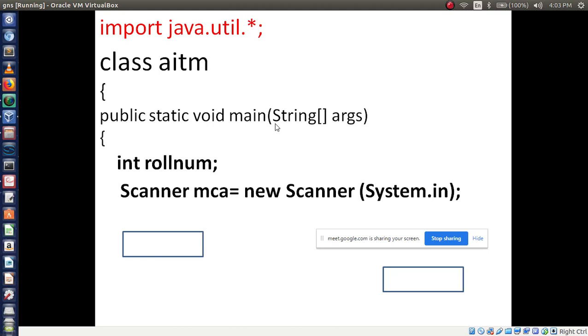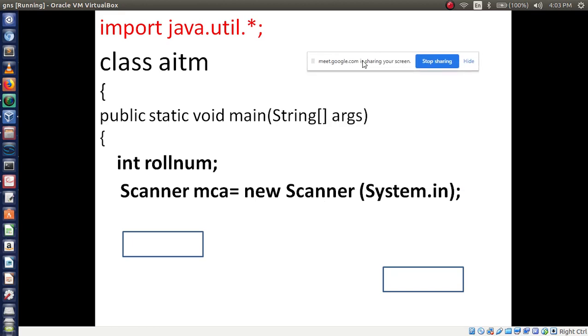To create the object of Scanner. Scanner followed by object name is equal to new Scanner, then System.in. Is that clear, this line? Everybody is clear?